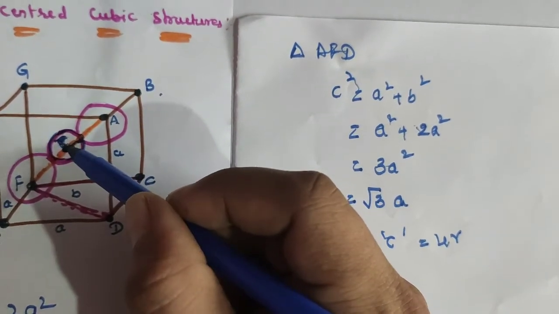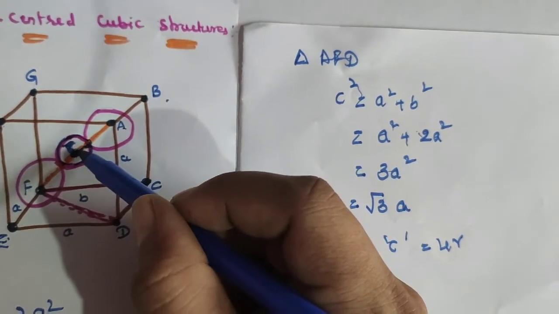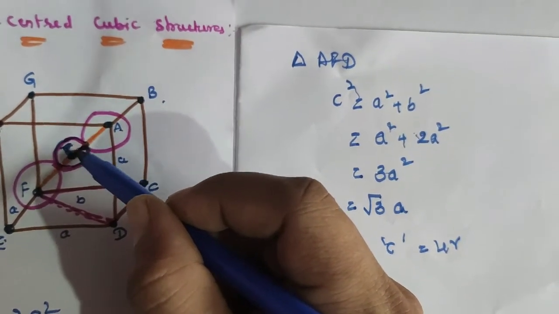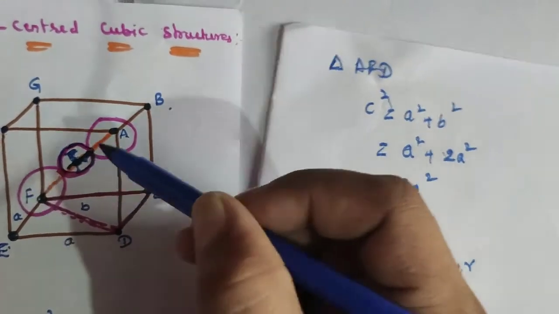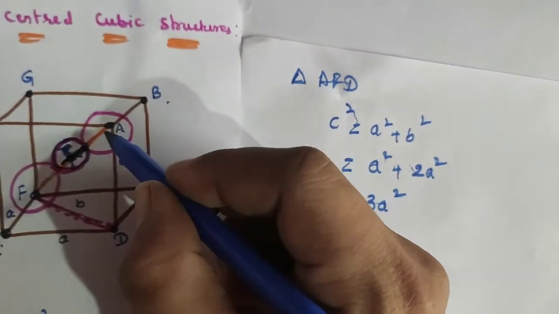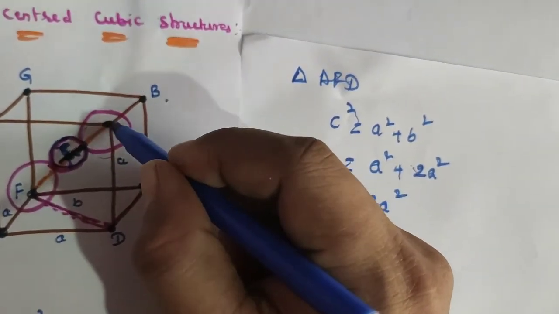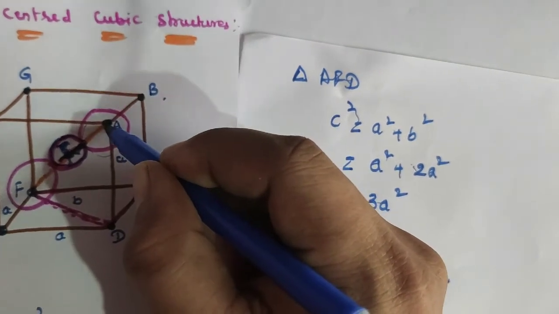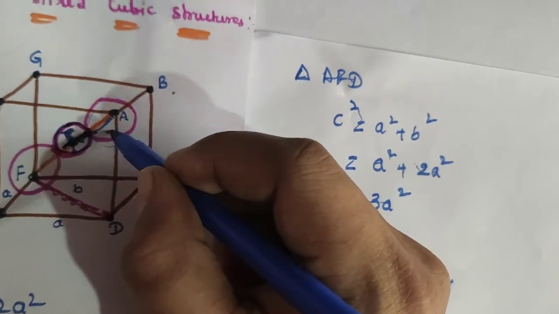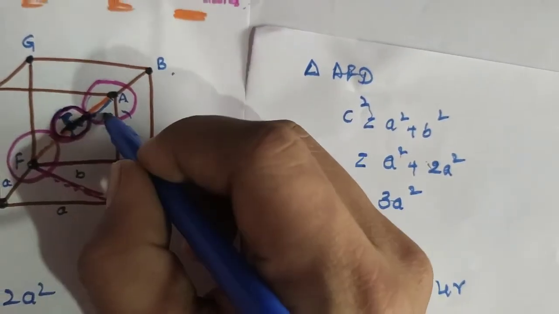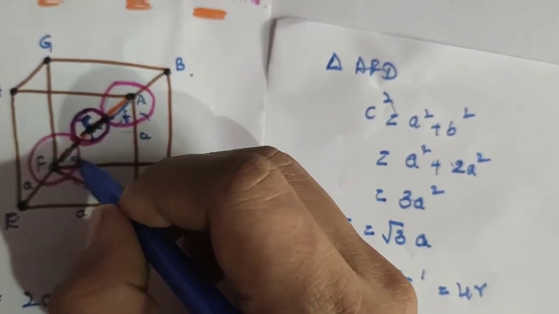Two centers means a single center. From that single center of the nucleus to this half of the distance here, this is 1 r, and this is 1 r, 2 r. Similarly here, this is one constituent particle, so from the center of the nucleus to this, here it will be 1 r, this is 1 r, and similarly from this it is 1 r.